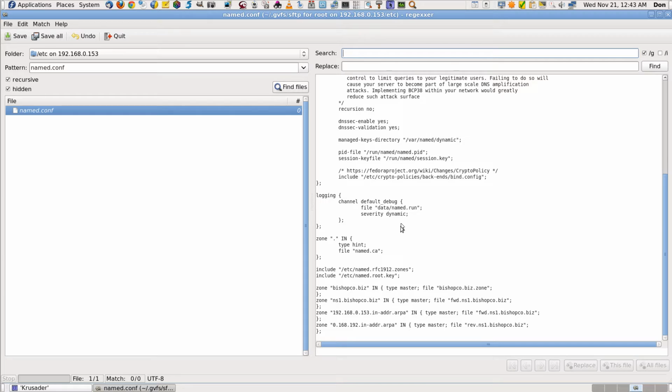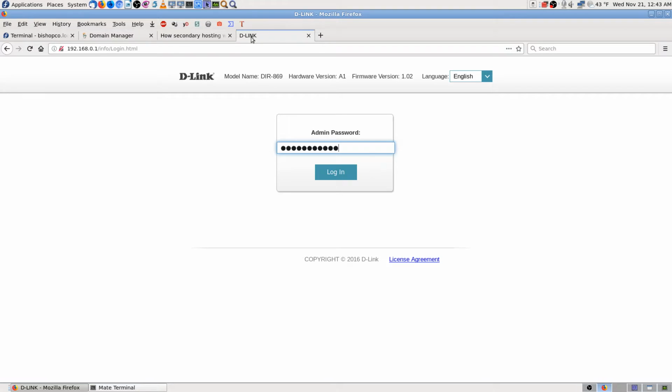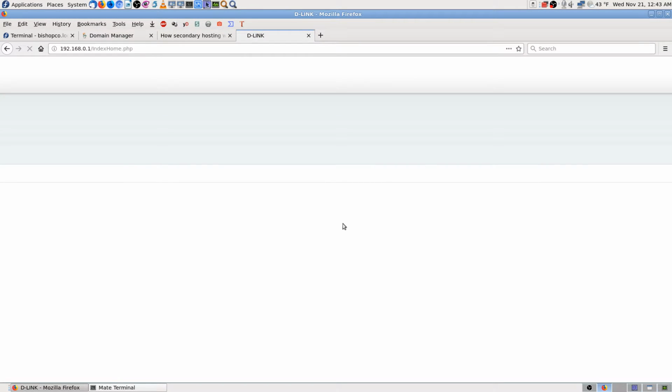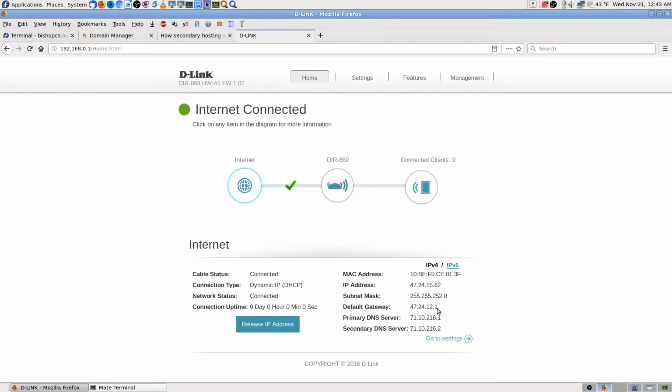Didn't paste it in there. Must not be Control V, must not be working in the remote console there. The remote desktop. See, I'm running all this through remote desktop, so that's fine as long as it works. I don't care. But I do need to know my, okay, F11 gets me out of there. I'll go back over here and get my, well, that'd be the quickest way to get it. It's ready to log in. I want to get my IP address, my